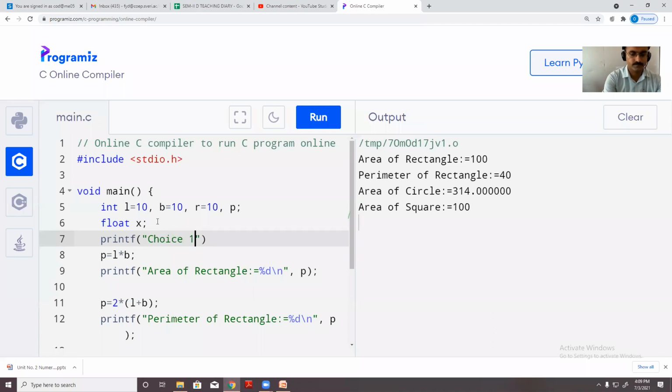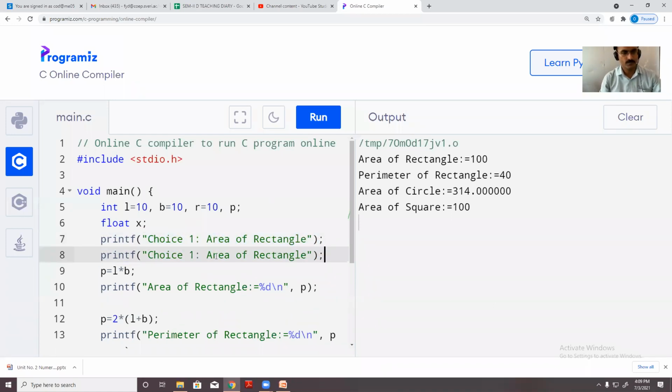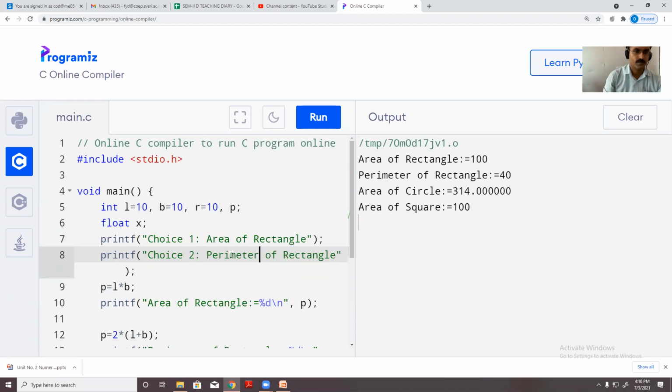Printf choice 1. Yes, what is choice 1? Area of rectangle. Choice 2, perimeter of rectangle.